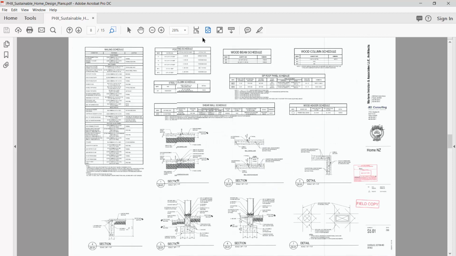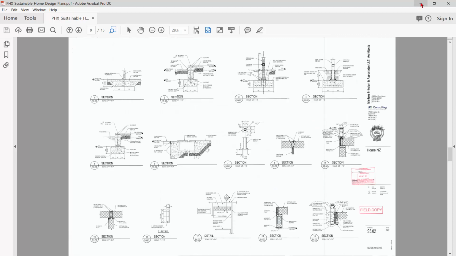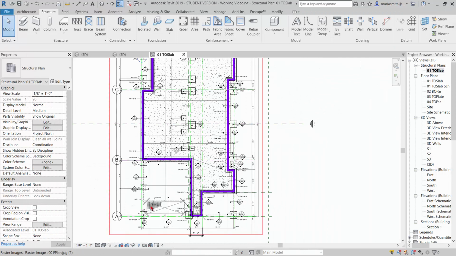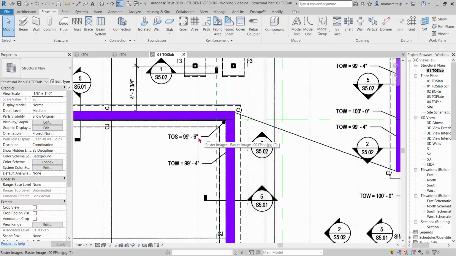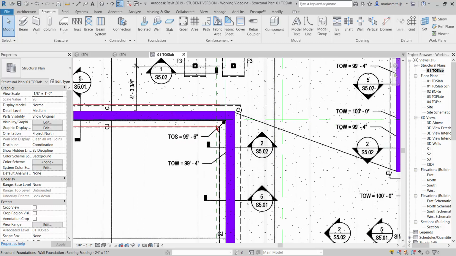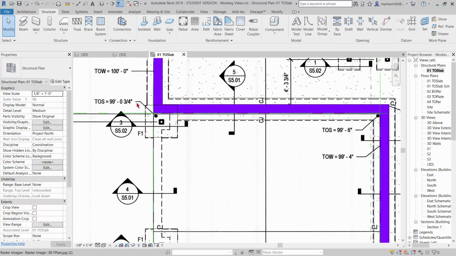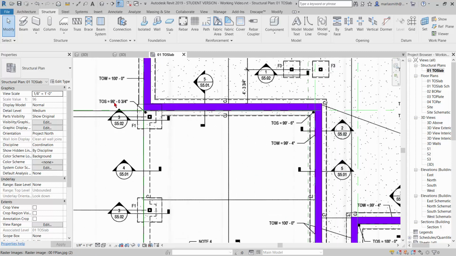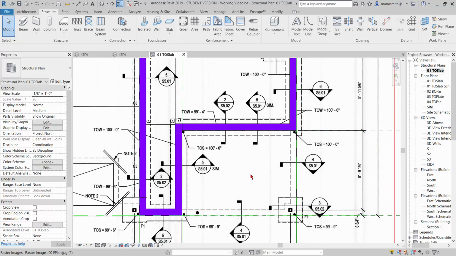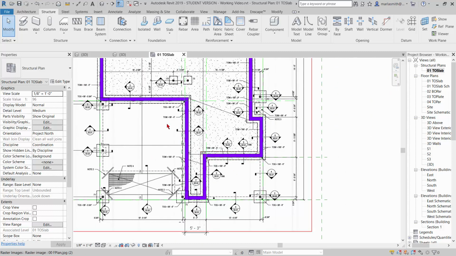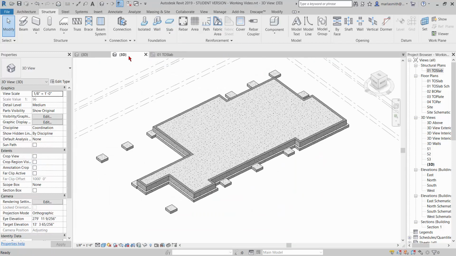So if I go to our top of slab file here, you can see the call out top of slab 99'6" here, so that's 6 inches lower than the floor slab, and then it actually slopes down to 99 3¼ here. This guy is at 100, so this one just stays. It does seem to slope a little bit down here, but we're not going to worry about that right now. So this one we're just going to put in flat, and this one we're going to put in 6 inches lower. So if I go to my 3D view,